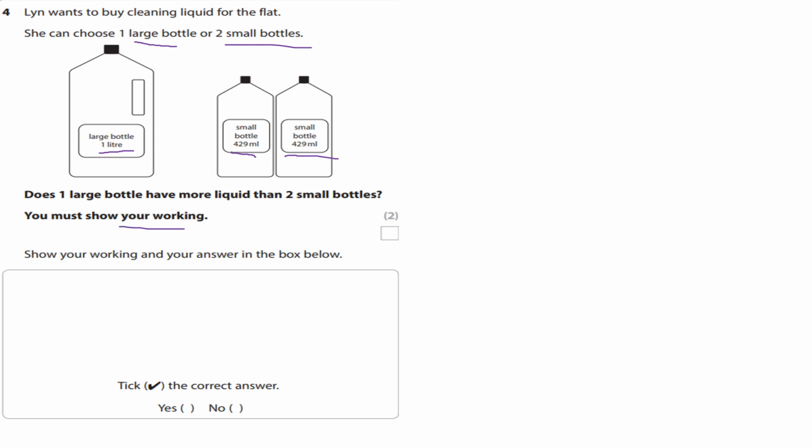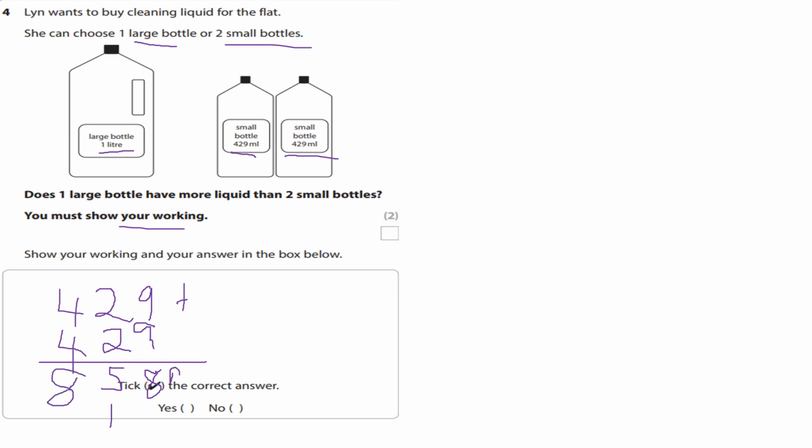Well, 2 small bottles, that'll be 429 millilitres plus 429 millilitres. When you work it out, you will get an answer less than 1,000. So 9 plus 9 is going to be 18, so 8 carry the 1, 2 plus 2 is 4, plus 1 is going to be 5, and then 4 plus 4 is 8. So it's going to be 858 millilitres for 2 small bottles, and then hopefully you're happy that 1 litre